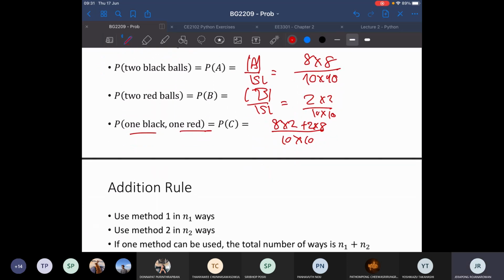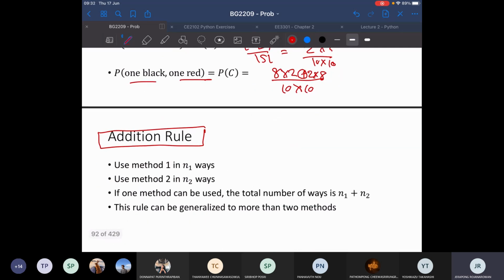Yeah, you have seen this one before, right? And we're gonna talk about this one, addition rule. Addition rule is when you have many ways to do something, let's say you can do it in 2 methods. Method 1, you have n1 ways to do it, and method 2, you have n2 ways to do it. If you can use only one method, let's say you have method number 1, and then